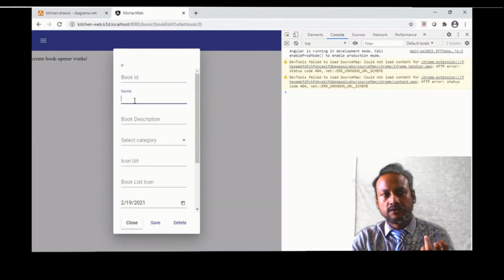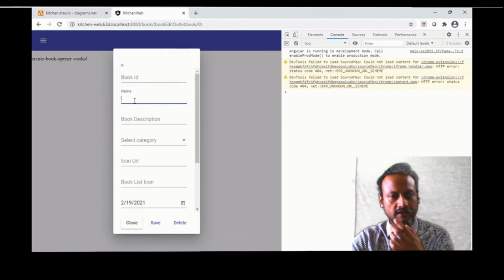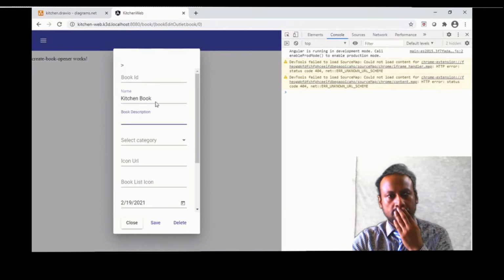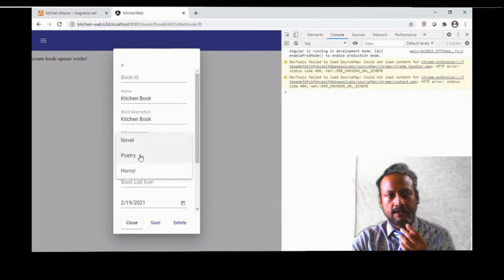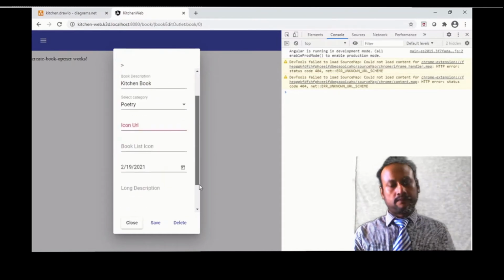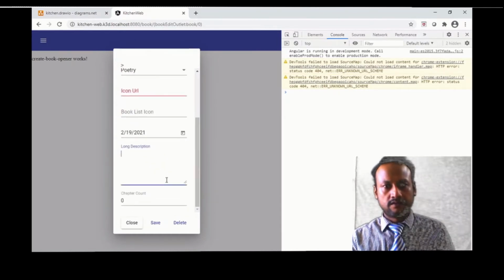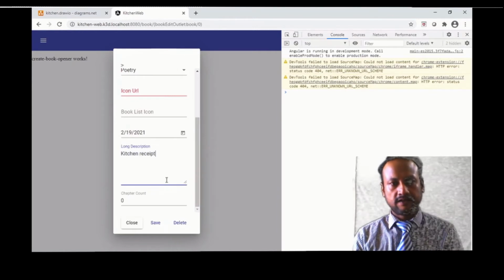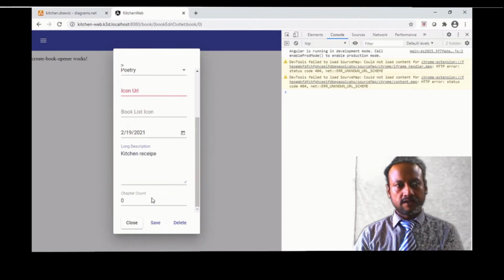So I am trying to enter some data for the book here. Okay, let's enter all this. I think I don't have the image URLs.